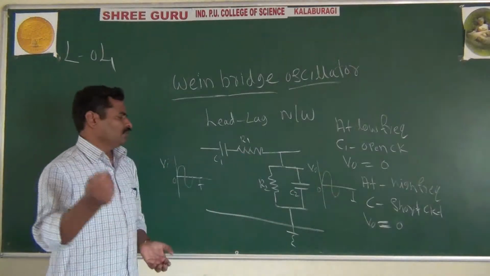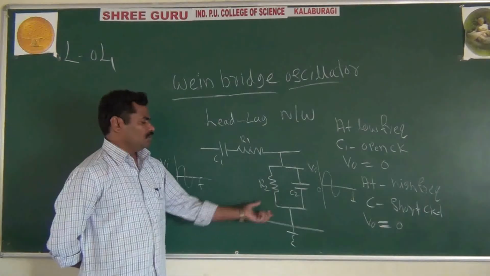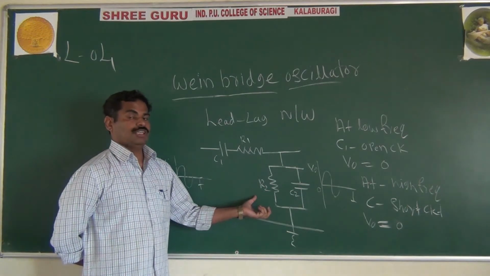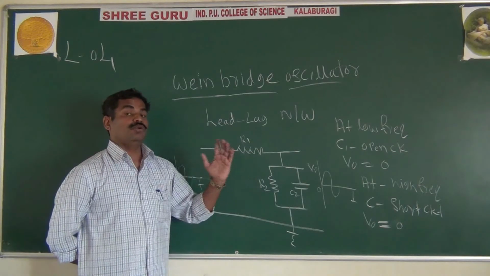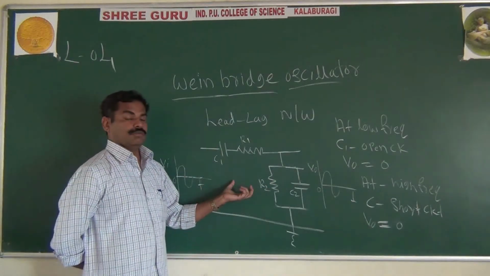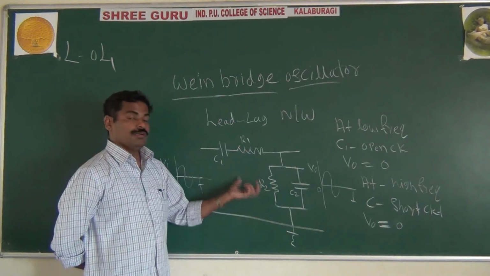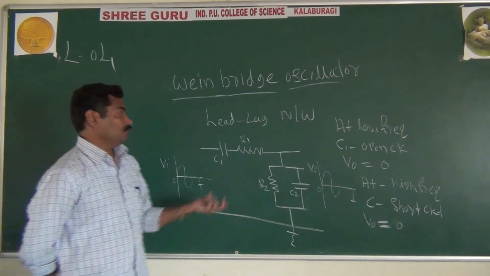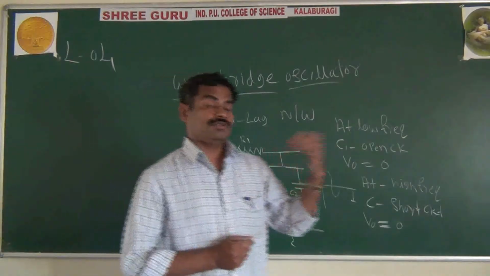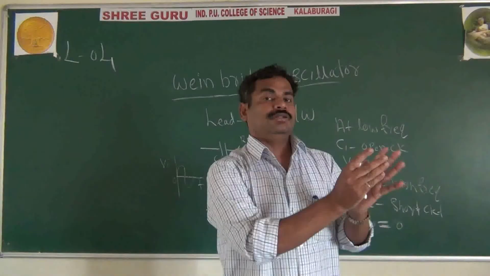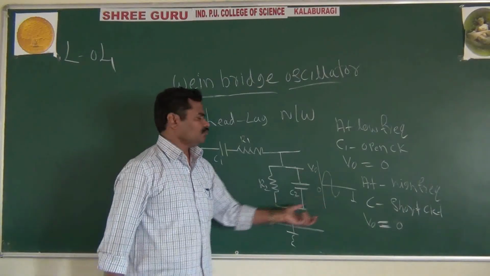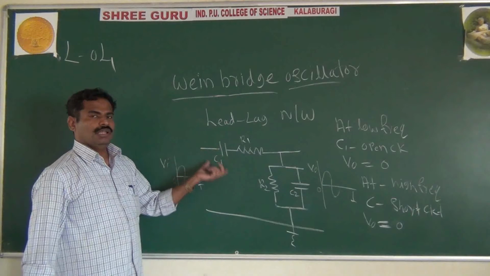It means, in some books, the total circuit acts as a band pass filter. As you know, a band pass filter allows only some band of frequency, not low and not high, only some particular frequency. Some books say this acts as a low pass filter or a high pass filter. But the thing is that it is not allowing low frequency or high frequency. Only in between low and high, we are having the maximum output voltage. This is in brief about the lead lag network.